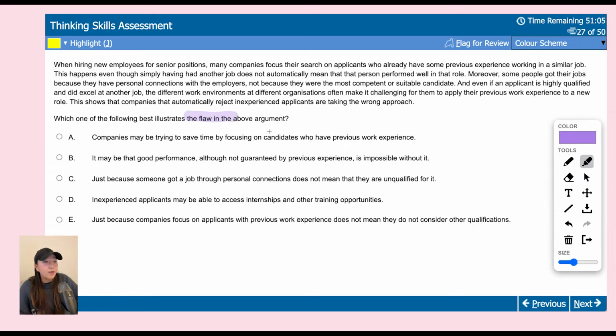Okay, flaw in the argument. Again, hopefully this one is nice and easy. It's going to be something to do with them having made the wrong link or something like that. So let's just read through. So when hiring